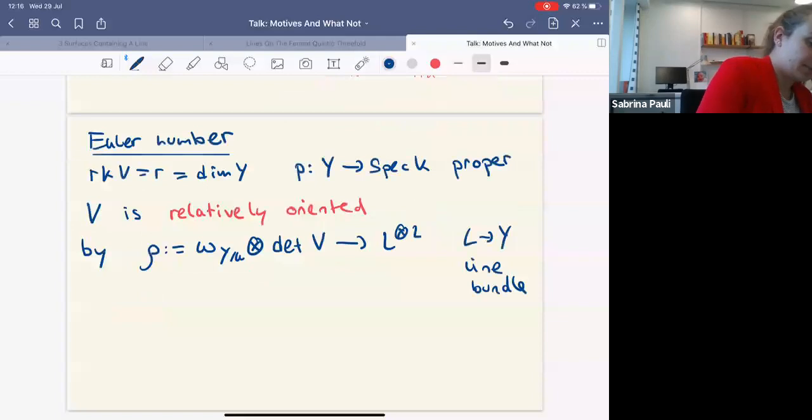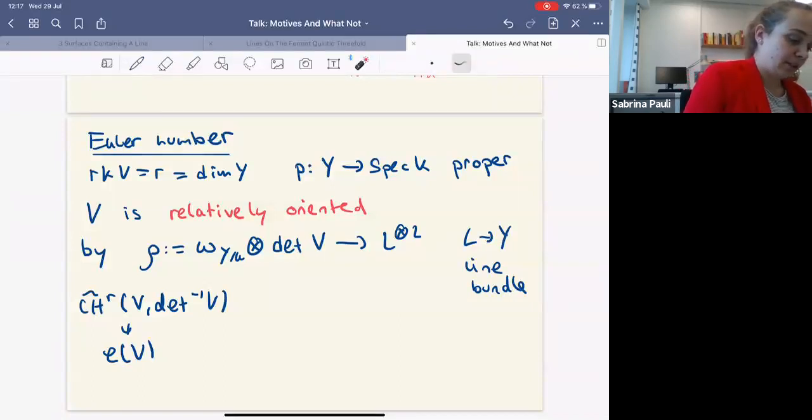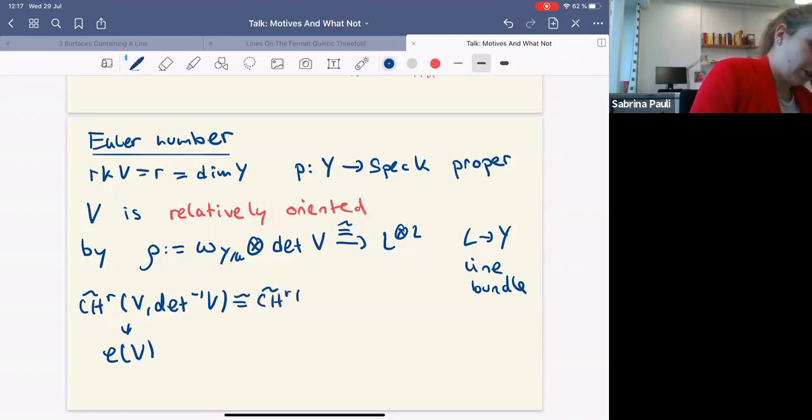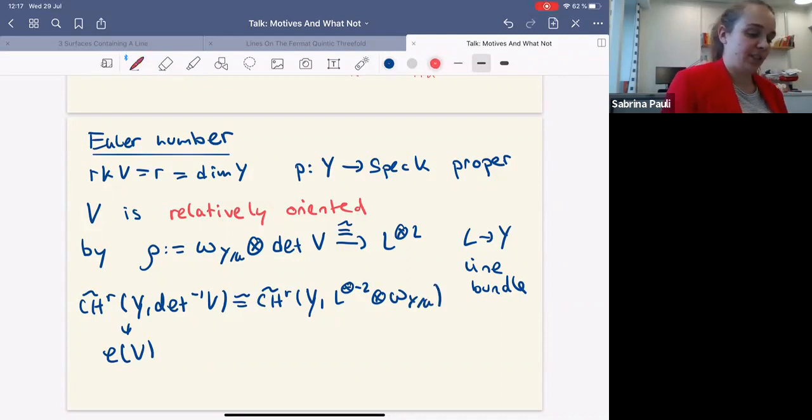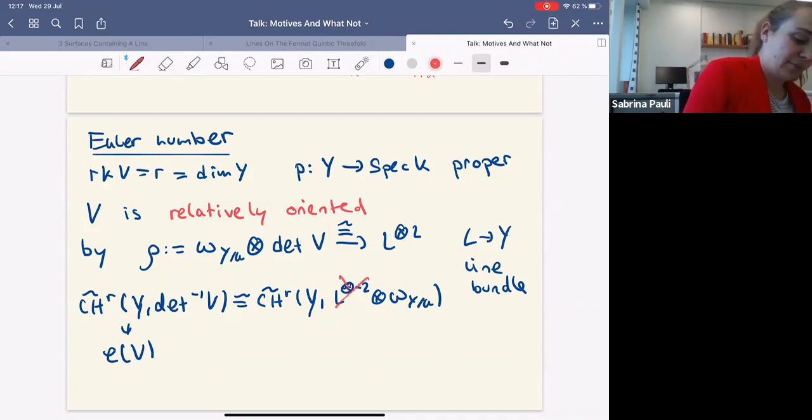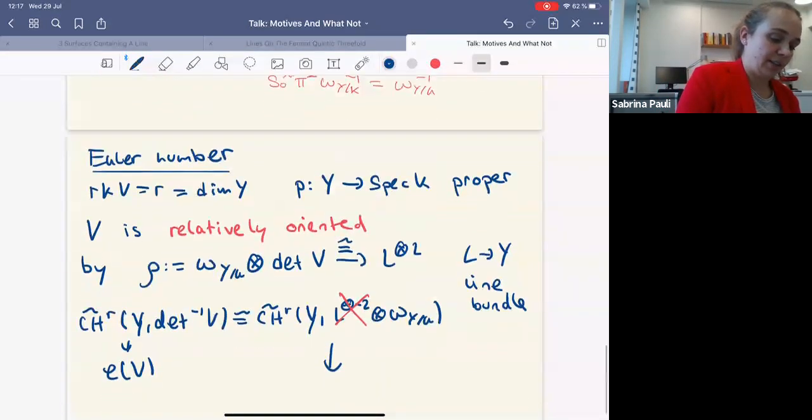So why do we need this? Well, let's see. This Euler class lived in oriented Chow R V twisted by det minus 1 of V. Now, this is an isomorphism. This isomorphism identifies this oriented Chow group with oriented Chow R of Y twisted in L tensor minus 2 tensor this canonical sheaf. And I've already used many times that quadratic forms really don't care about squares, so I can also cross out this one. And now we're in a really good situation to apply this push forward map,